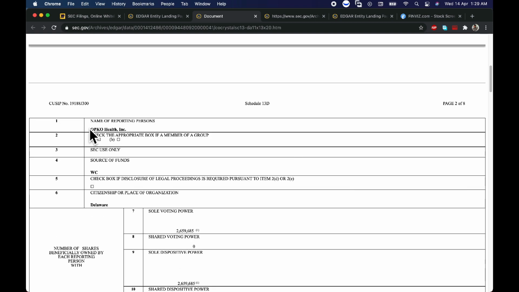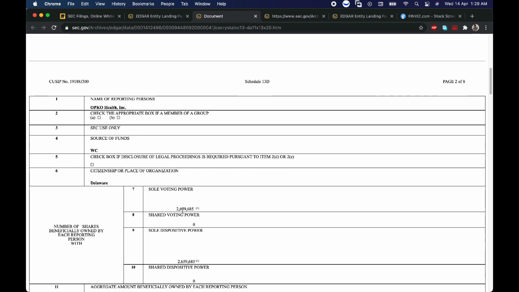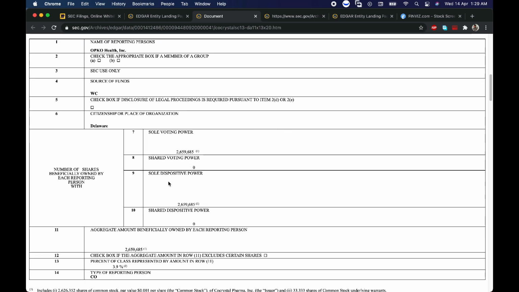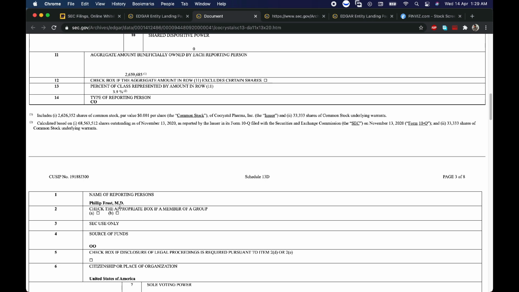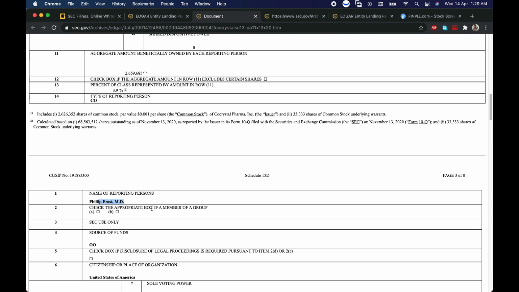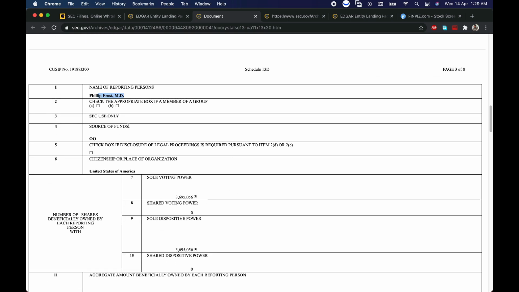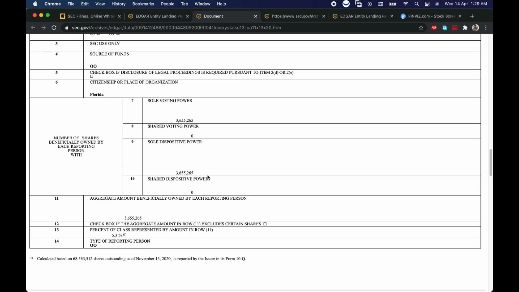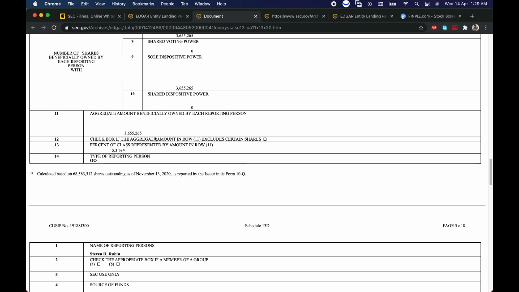Name of reporting persons, OPKO Health Incorporated. Sole voting power 2659. Shared voting power, sole dispositive power. Then there's Philip Frost MD, his sole voting power and stuff like that. So basically what 13D tells us is who has how much ownership in the company.